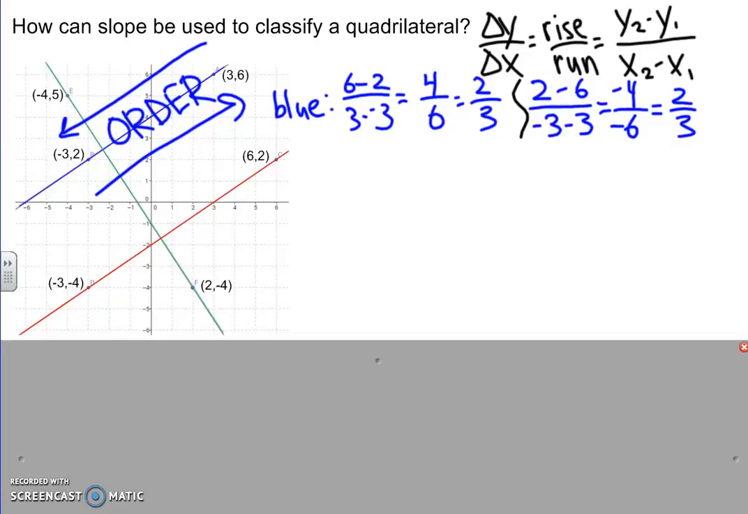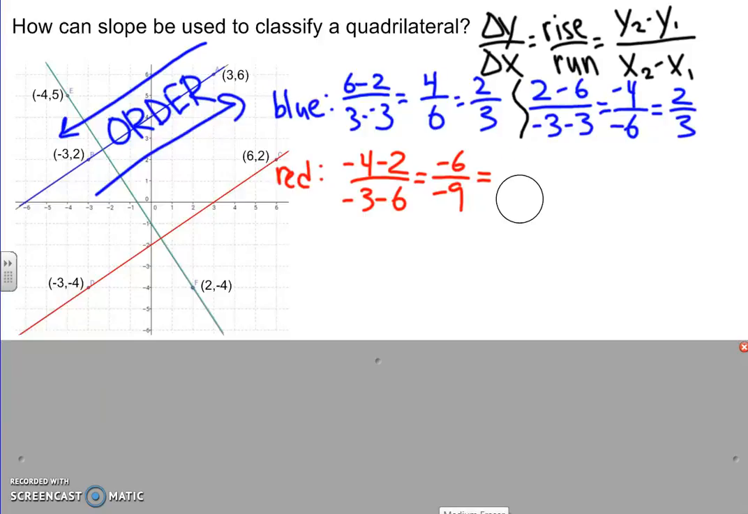Now, for the red line, again, I'm going to choose any 2 points. The rule is to see if they are parallel. They look parallel, but I need to prove it. So -4 subtract 2 divided by -3 subtract 6. Here now I have -6 over -9. The negatives divide out, and then I get 2/3. So that shows me that these two are parallel to each other,